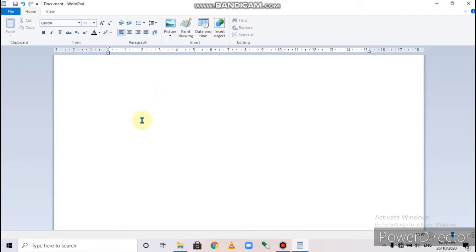To start typing, how we type the text in WordPad, the first step is click on the working area. When you click on the working area, a small vertical line is blinking. This small blinking line is known as cursor. Cursor indicates your text will appear at that point. कर्सर ये इंडिकेट करता है कि आपका टेक्स्ट उस पोजीशन से स्टार्ट होगा जहाँ पे आपका कर्सर ब्लिंक कर रहा है.